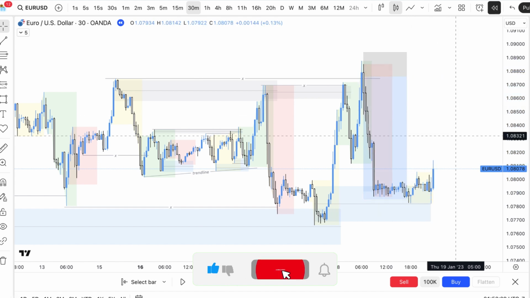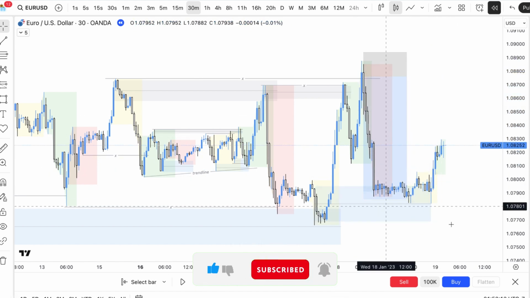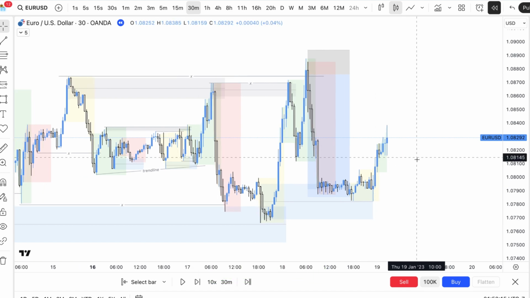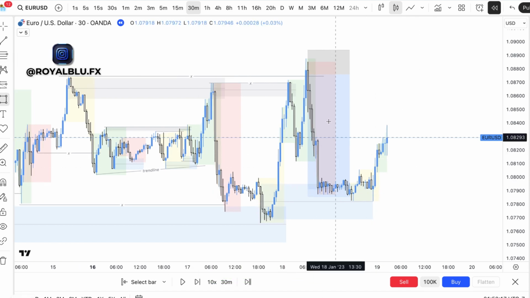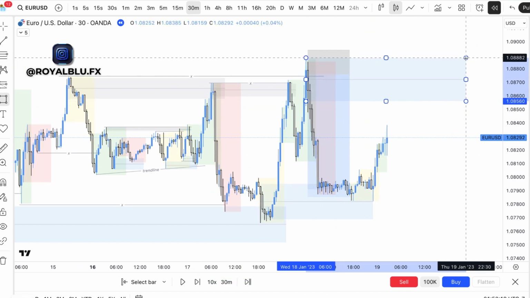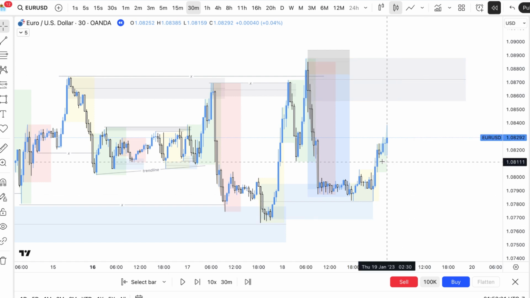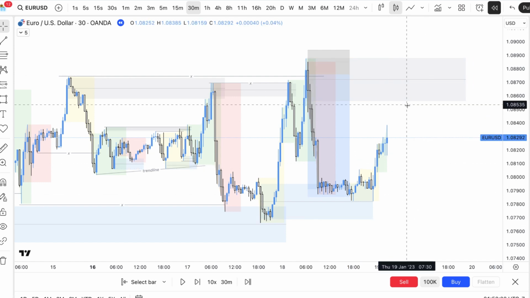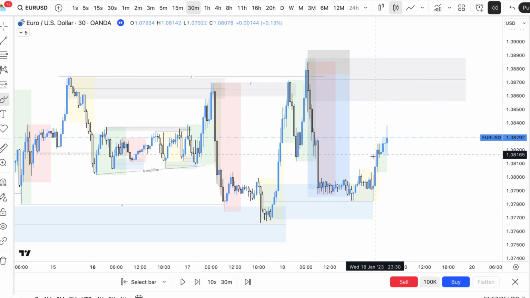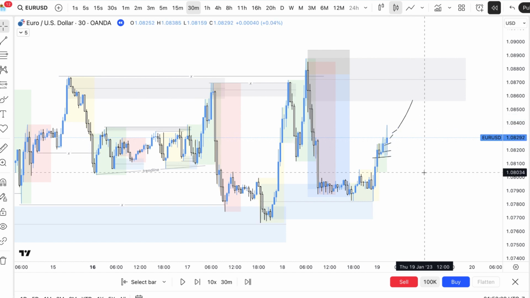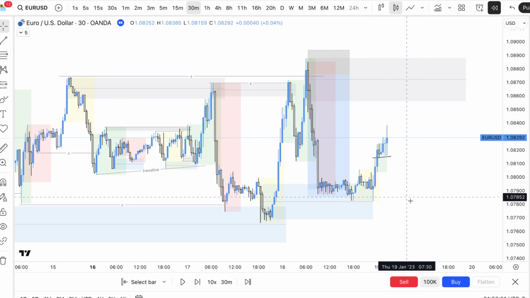However, this is Asia, so we're skipping Asia. We want to go straight to London. Now what is London doing? Do we trade London? If you're a supply trader, are you going to say to yourself, I anticipate that London's going to come from here and come to my supply, so now I must start buying just to get there? It could work, but we don't want